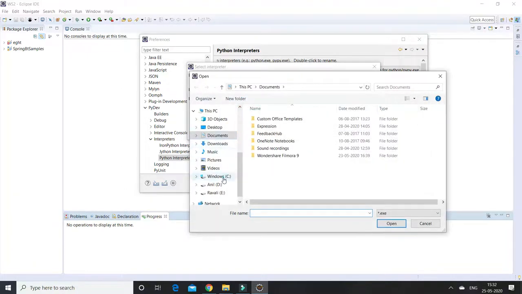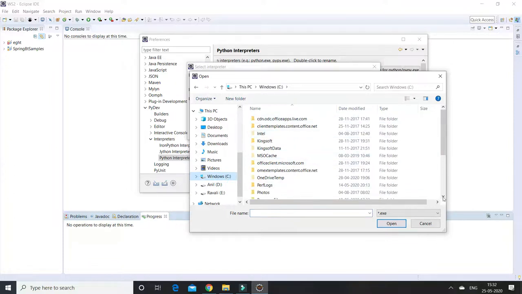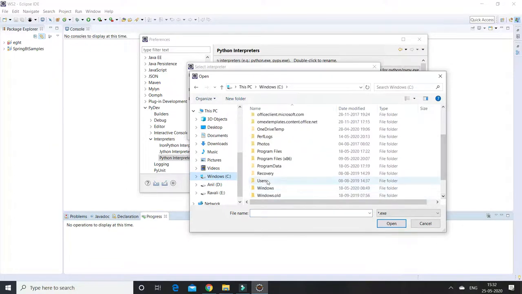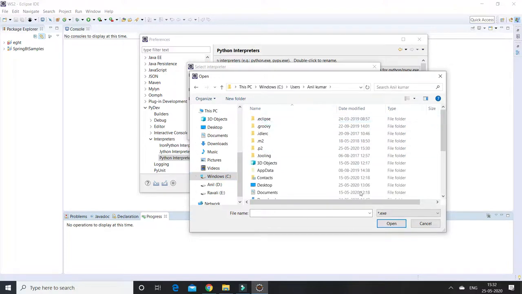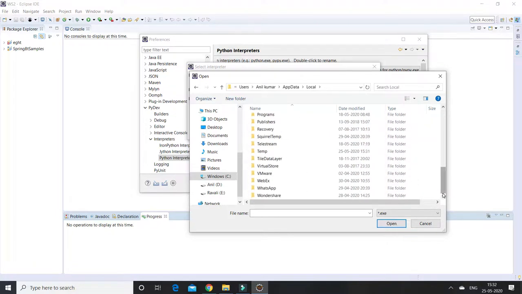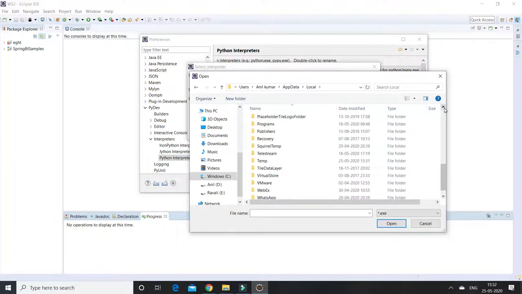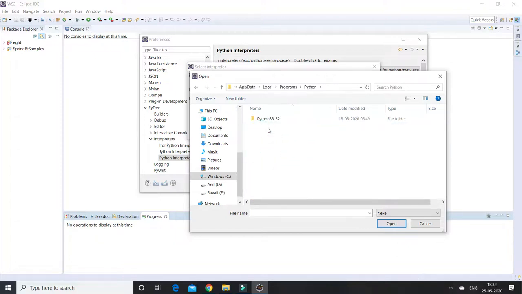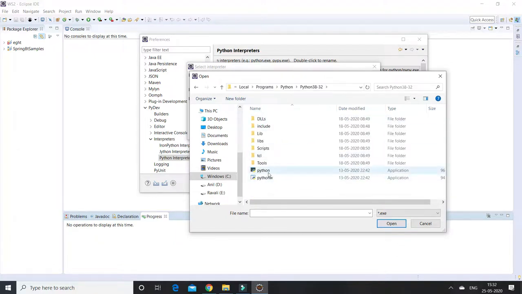My Python is present in C:\Users, AppData, Local, Programs, Python 3.8, and this is the executable file.